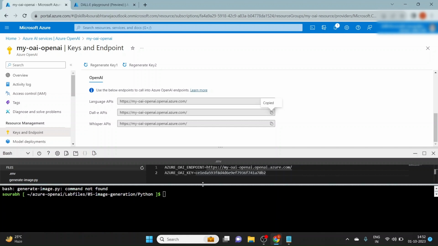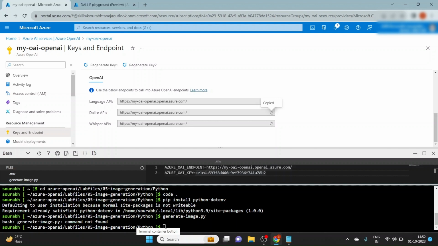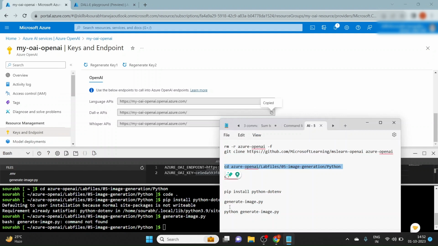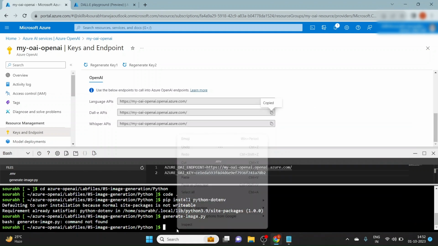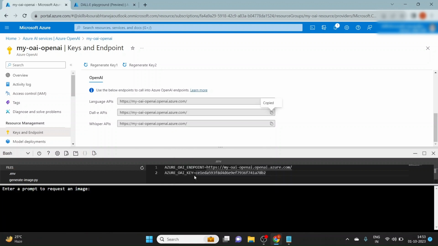Let's see what happened. If I run this python generate-image.py, let's see, is it working or not? Okay, so it is. You can see it says enter a prompt to request an image. So let's write one prompt here: generate an artwork inspired by the concept of time travel